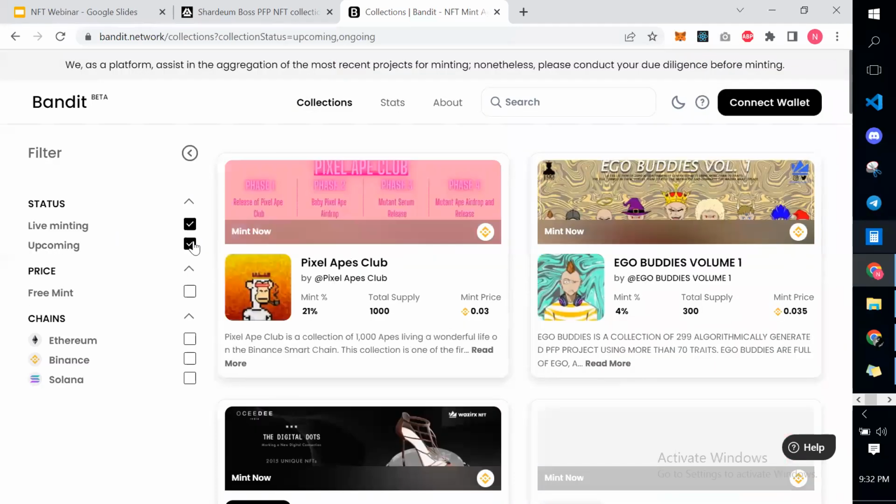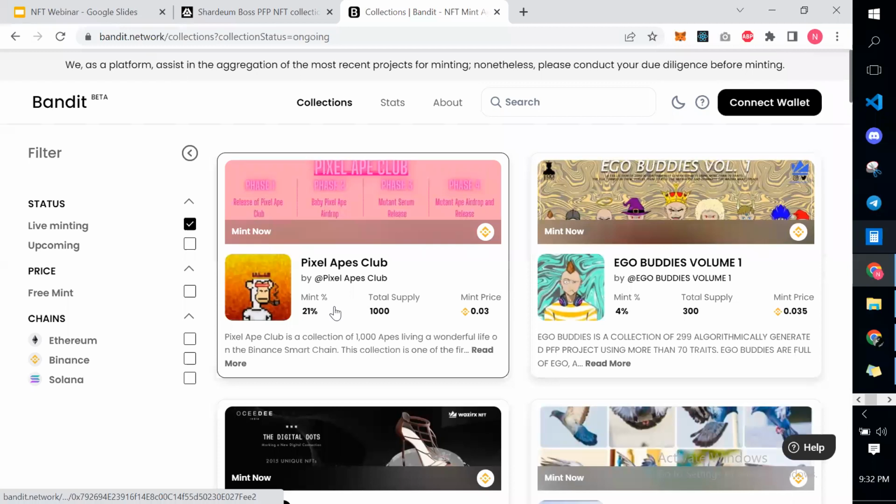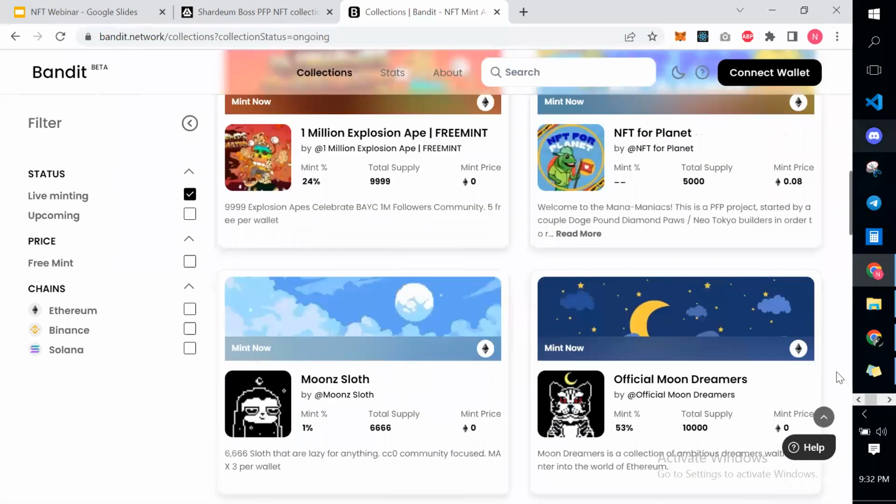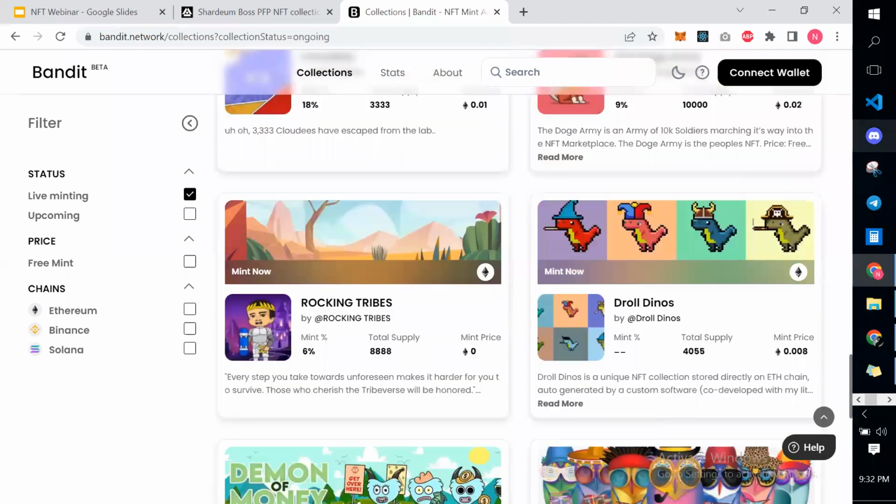Hey Hash, please check your wallet. I have sent you SHM. Do let me know if you have received the tokens. And guys, I have shared the Boss